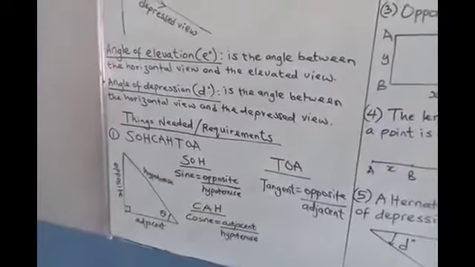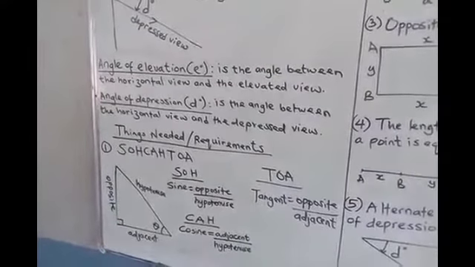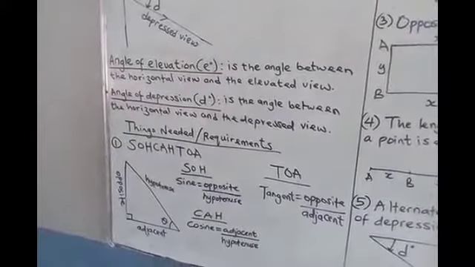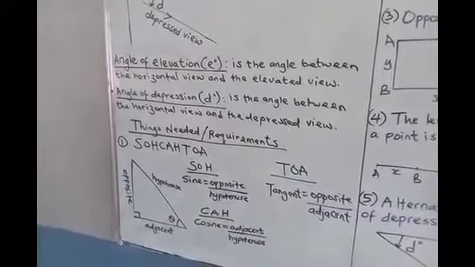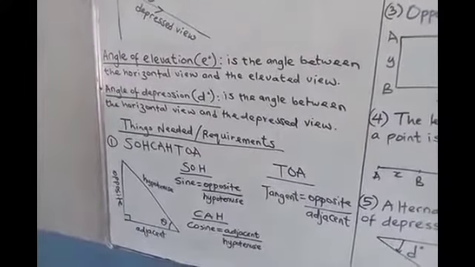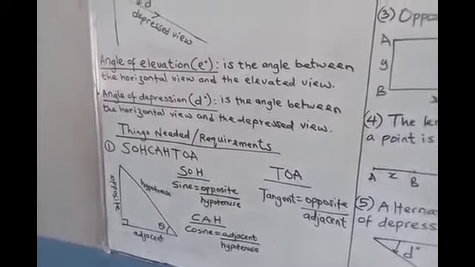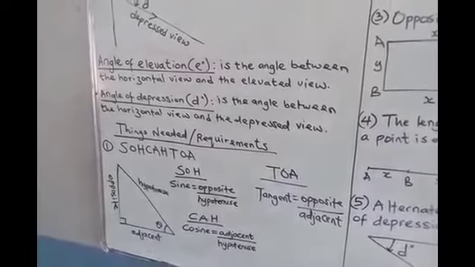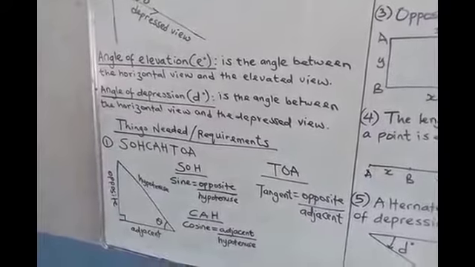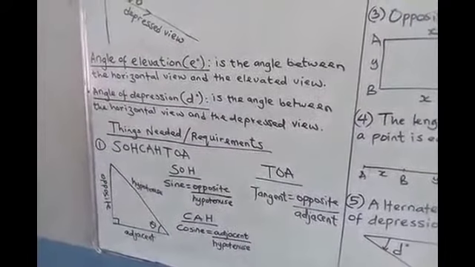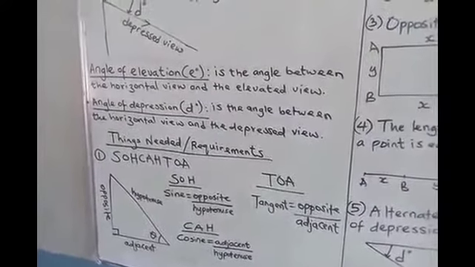Looking at that diagram, we have the opposite side, the adjacent side, and the hypotenuse side. The hypotenuse side is always the side that faces the angle 90 degrees, while the opposite side is the side that faces the given angle. The adjacent is always determined after both the opposite side and the hypotenuse side have been discovered. It is the last side standing.